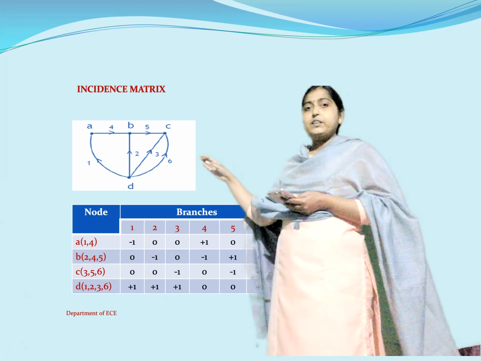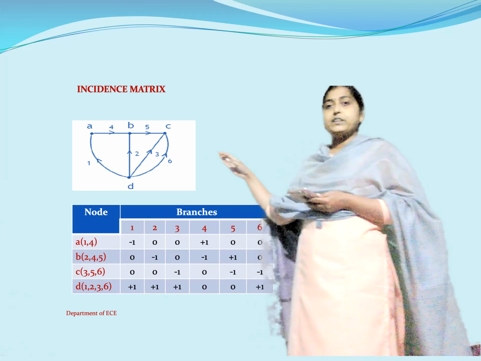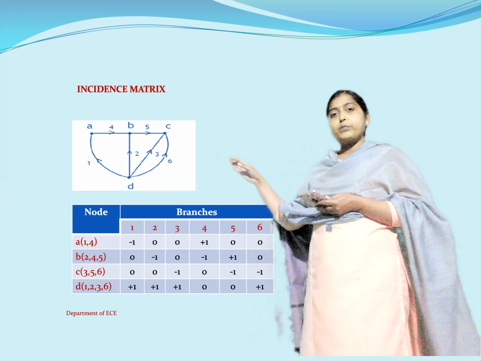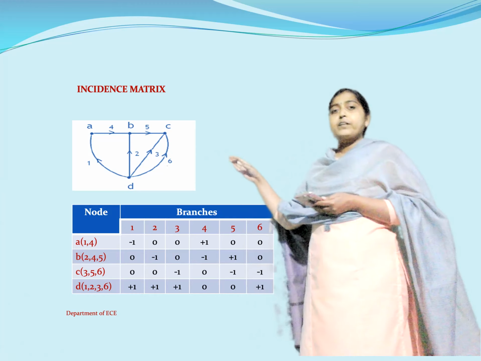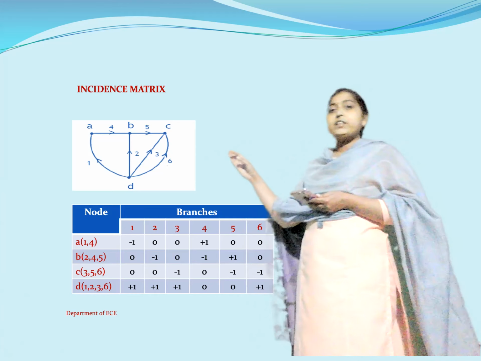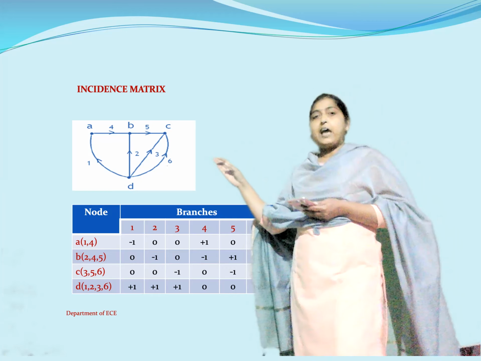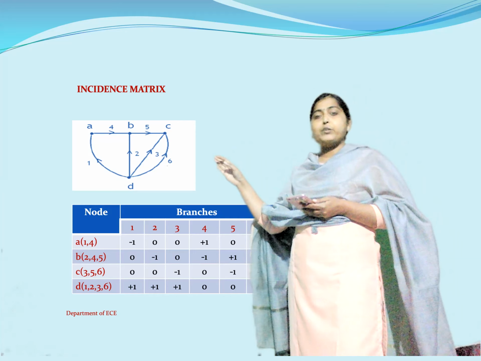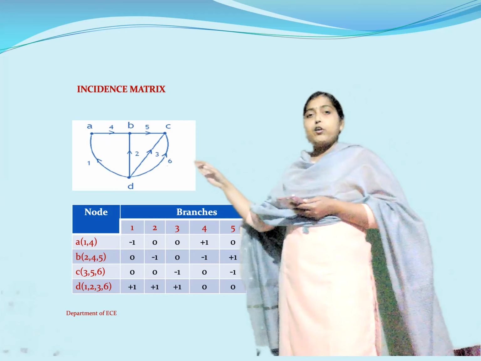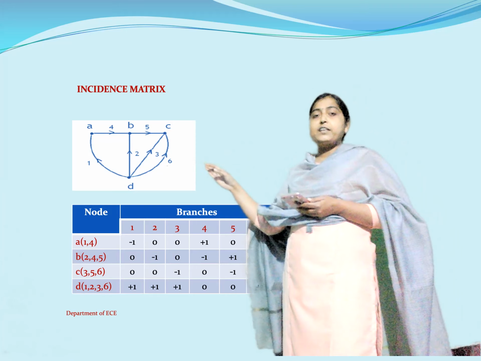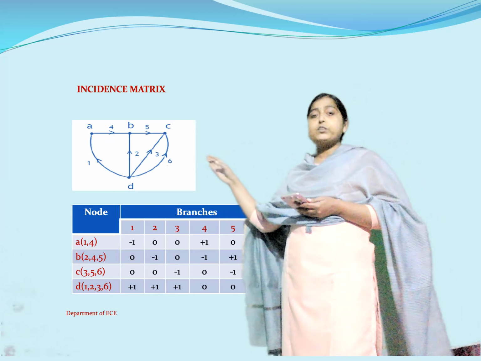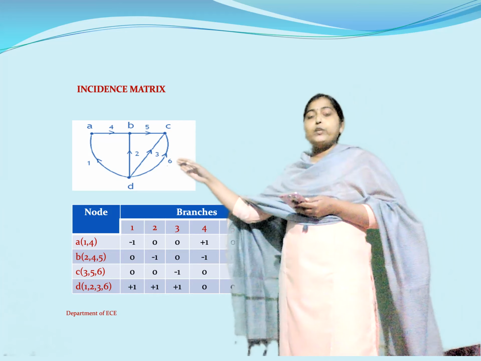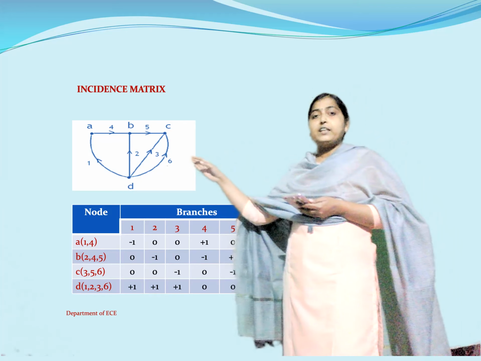nodes we represent with alphabets, then branches we represent with numbers, or you can go vice versa also. The branches you represent with numbers, and nodes you can represent with numbers, and branches you can represent with alphabets. But don't use the same combination for nodes and branches because it is always confusing. So in order to understand that, here in this network oriented graph, I have used alphabets for nodes and the numbers for the branches. Now if you look at the graph, I have already designated the nodes.